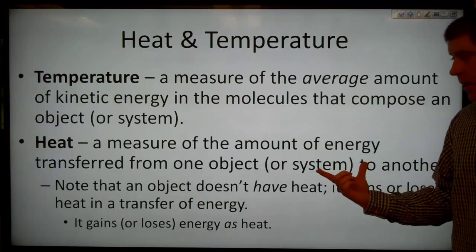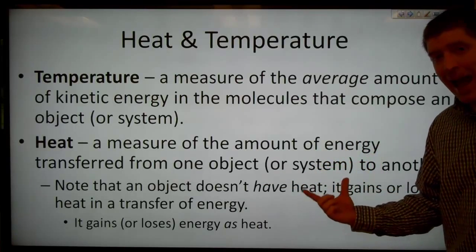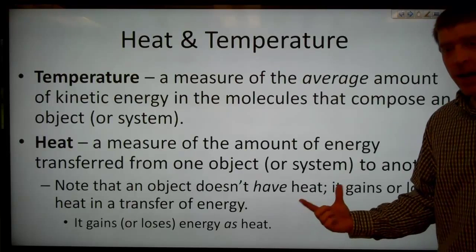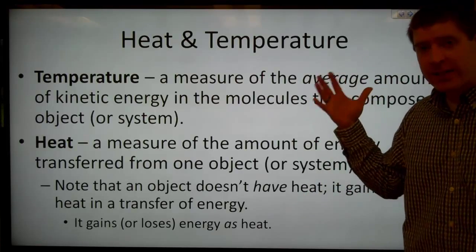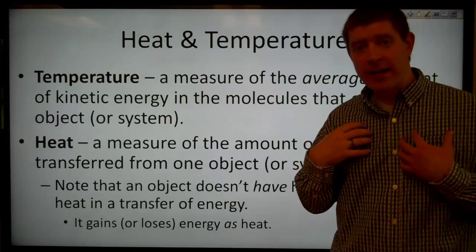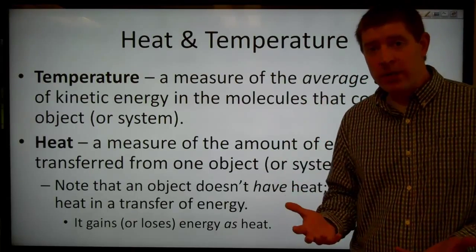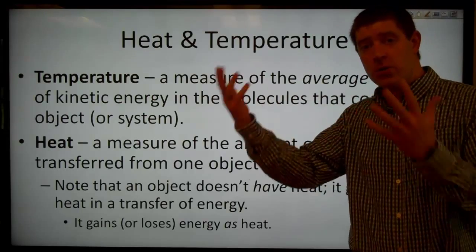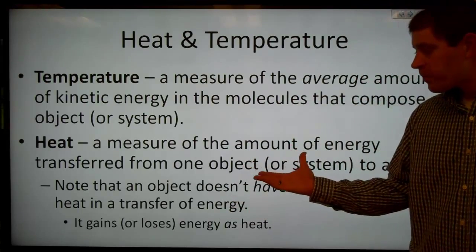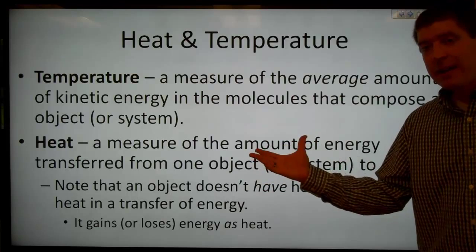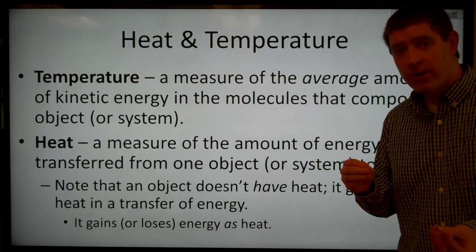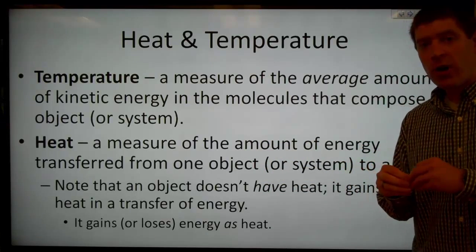So, note here that an object can't have heat. An object doesn't have heat. This board doesn't have any heat. My body doesn't have any heat. My body may be losing heat to the air around me. The board may be losing heat to the air around it. But in order to have any heat, there has to be a transfer of energy as heat from one object